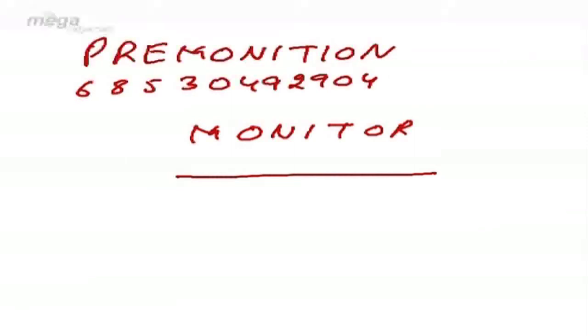What we need to do is, since all the letters of monitor are already given to us in premonition, not try and find out any logic behind it. Simply do copy paste. That is, if for M 3 is written, here also 3 will be written. If for O 0 is written, 0. If for N 4 is written, 4. If for I 9 is written, 9. For T it is 2. For O it is 0. And for R it is 8.